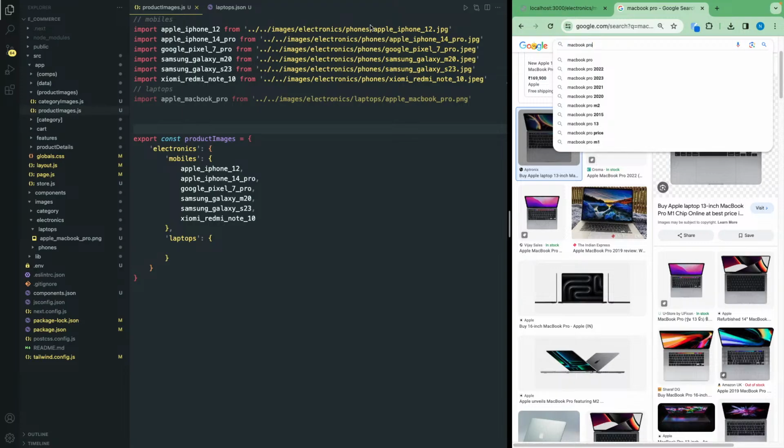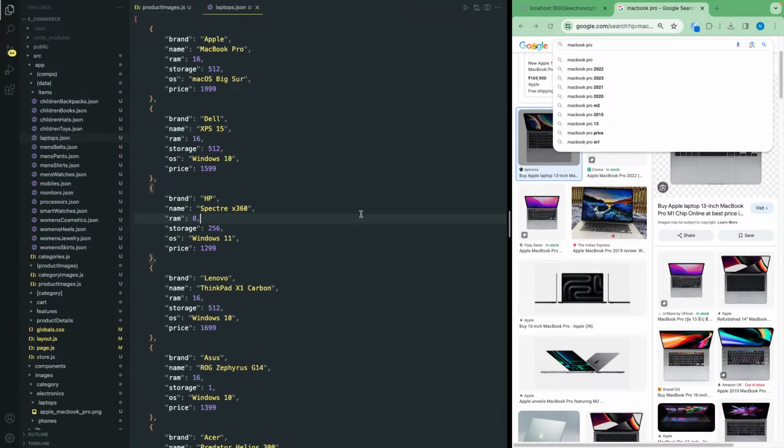So now I need to download for Dell XPS 15. Dell XPS 15,